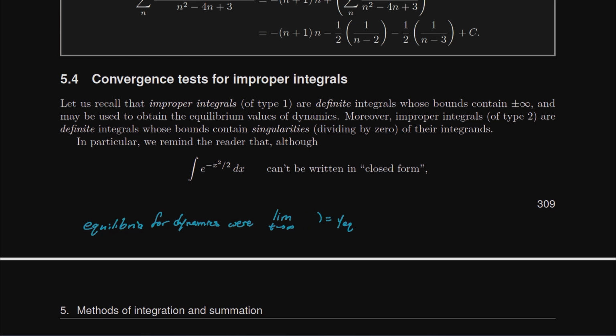But if we remember a little farther, a lot of times the solution to our dynamics, especially if it's an initial value problem, is given by some integral from an initial time to the current time of another function, maybe of s, in the s variable. And if we're computing the limit as the time we're evaluating goes out to infinity on the integral, that's really asking a question about an improper integral, or an improper integral of type 1 as he's calling it. And so we were curious about when equilibria would exist by more or less computing the values of improper integrals.